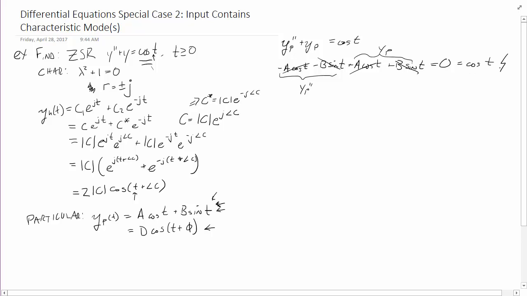And this is, again, one of my favorite mathematical symbols, the lightning bolt of contradiction. So something went wrong. And that's this special case, because the input, the cosine of t, appears in the homogeneous solution. So just like last time, the workaround in special case 1, when you had repeated roots in the homogeneous solution itself, you had to multiply your characteristic mode by a polynomial power of t, corresponding to the multiplicity of that root. We're going to actually take the same approach here. So it's a different problem, but it's actually a very, very similar solution. So the workaround